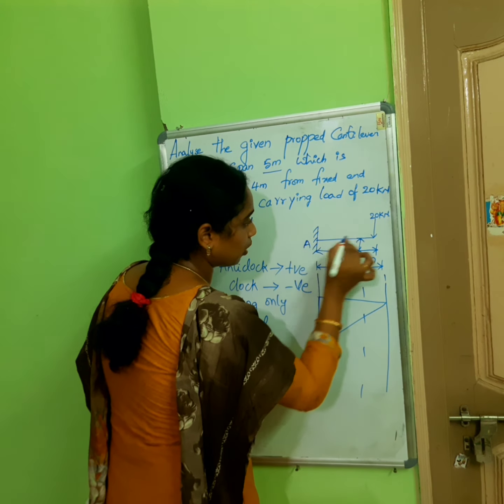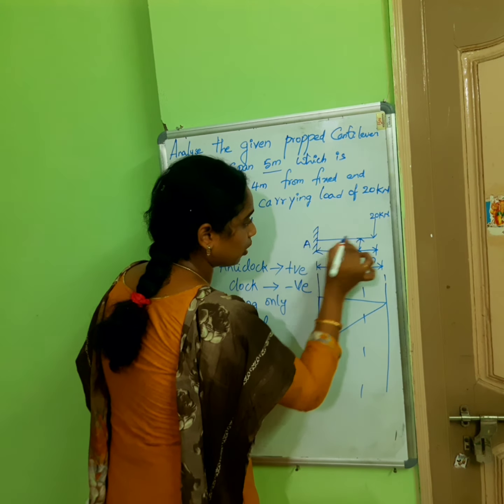See here, the center of gravity is nothing but up to the C point. What is the center of gravity? 2 by 3 of L. Okay, so that into 8 by 3. Okay, this is my area into x bar for my left side triangle. Next, I need to calculate the right side of my triangle. See, this is my triangle.